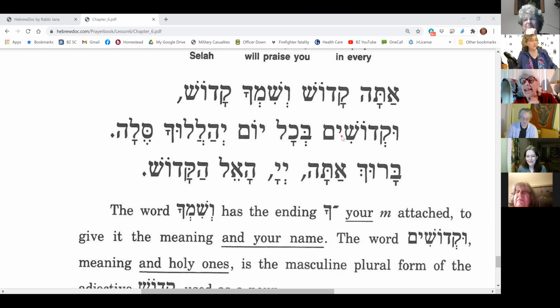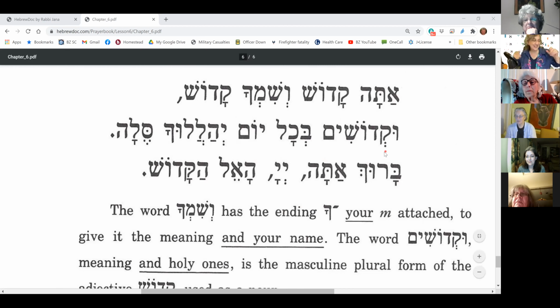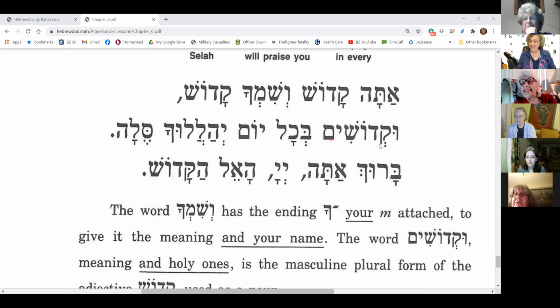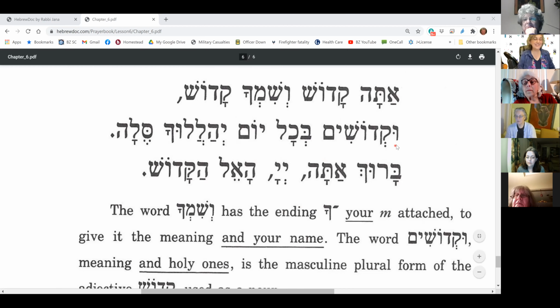That's exactly what's happening. I have a kamatz here. The accented syllable is kadosh, which means that it's in the pretonic. When I add something to the end of the word, I make this first syllable propretonic. And then when I'm in a propretonic situation, when it was a kamatz, it always turns into a shva. Always. It's so cool. So Kiddoshim is propretonic reduction. But why is there an u here instead of a v? The way I say and is supposed to be v. Why is there an u instead of a v? Anybody remember that one?